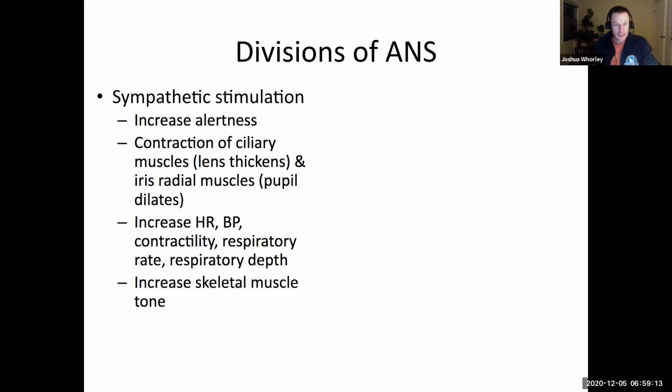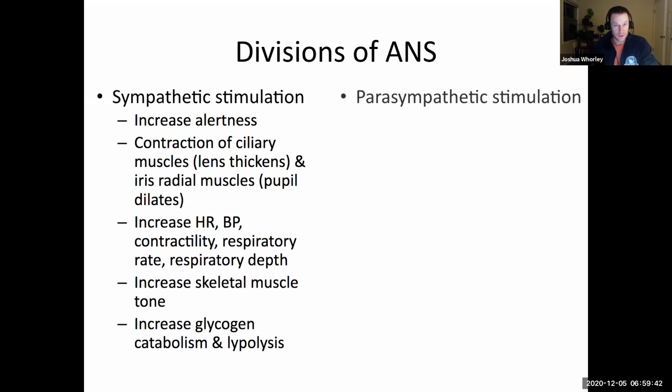It works to increase skeletal muscle tone. So it brings muscles closer to a state of firing action potentials to contract. In other words, it makes it easier for action potentials to occur. It also increases the glycogen availability of muscles. So it causes glycogen breakdown in muscle tissue and increases lipolysis, or the breakdown of fats in fat cells, and increases export of those into the bloodstream so that muscles can use them. Okay, so that's all things that you would need to happen, right, if you were going to run away or